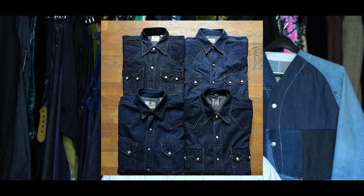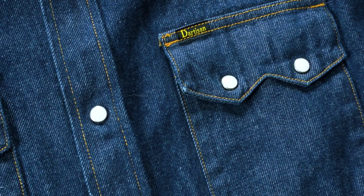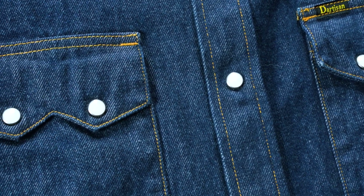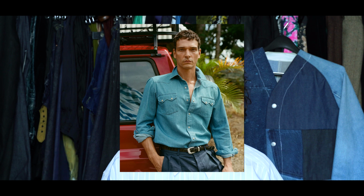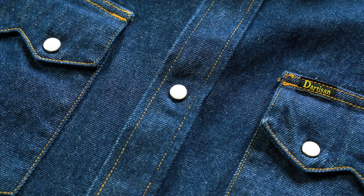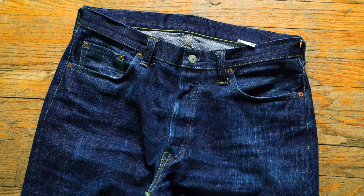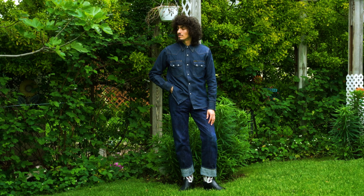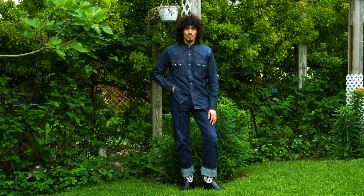the pleated pant, but you've also got the Western style sawtooth shirt, which to me, in my opinion, is one of the most important garments right next to the raw denim American style jean that pretty much shaped the entire American style and the entire American look, the entirety of how we dressed both in America and all across the world. And now with this heavy focus and emphasis on Japanese made fashion as well as the resurgence in that American heritage style, we're definitely going to see the sawtooth shirt, the Western shirt, and the raw denim shirt come